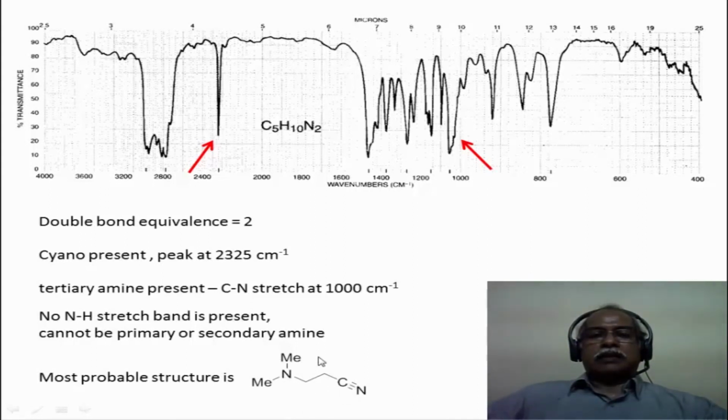This is most likely the structure which fits the molecular formula, which also fits the degree of unsaturation, and which also fits the presence of a nitrile functional group with a CN stretching frequency, which gave a clue that it could be an amine also, because there are two nitrogens present here. It cannot be a dinitrile compound, because then the degree of unsaturation will be much higher than 2. It will become 4, for example. You cannot have more than one nitrile functional group, so the other nitrogen has to be an amino functional group. The absence of the NH stretching frequency gave the clue that it could be a tertiary amine. So the tertiary amine is put in to fit the molecular formula C5. This is the most likely structure that corresponds to this particular spectrum.